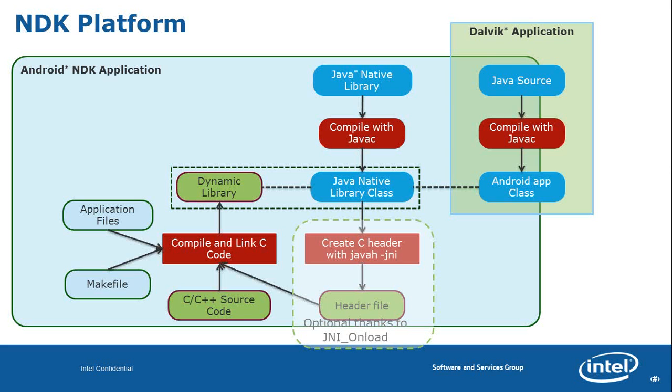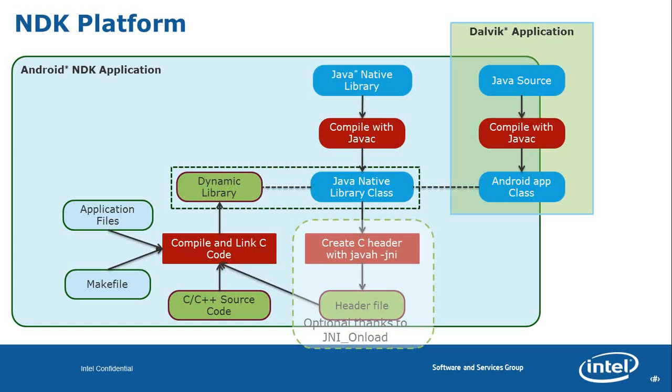Let's look at it from the point of view of the platform. The earlier slide talked about the application development cycle, which leads into the NDK platform. This is the Android NDK platform. I would not call it a framework, sorry, this is the platform. As you see, the things in green are all the native code, that is, the C++ source code, the header files which it accesses, and the dynamic libraries which are present.